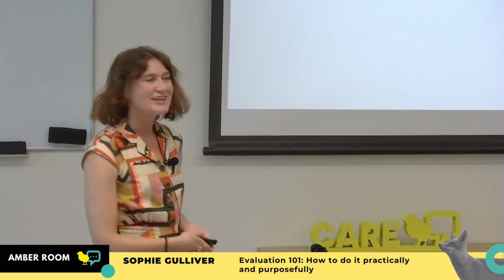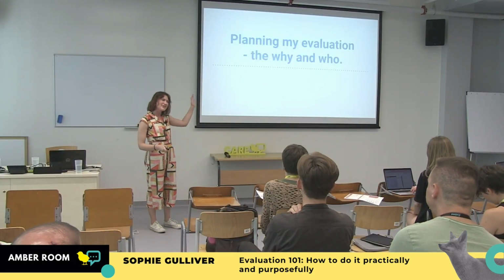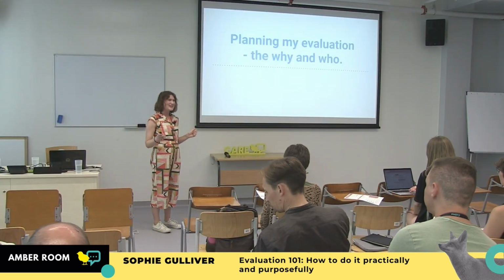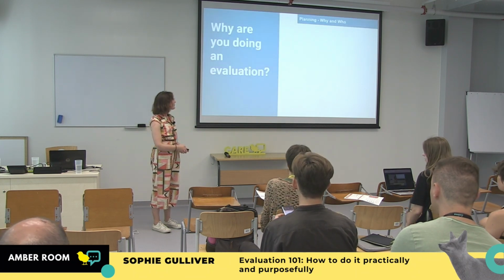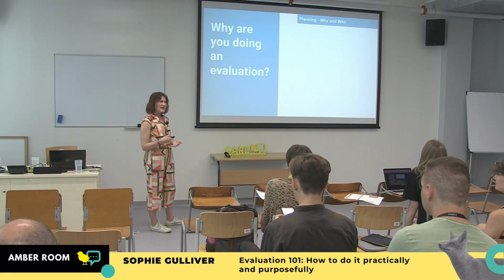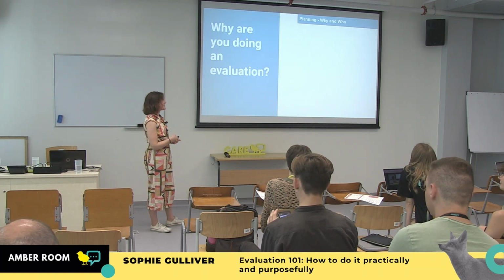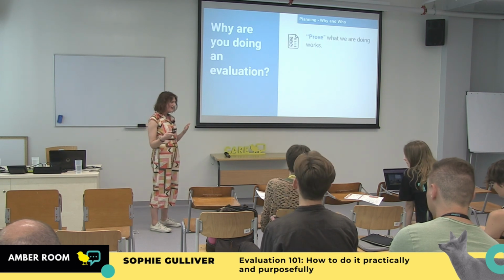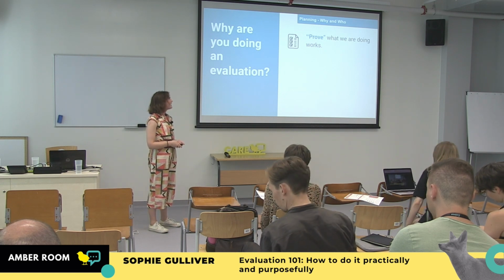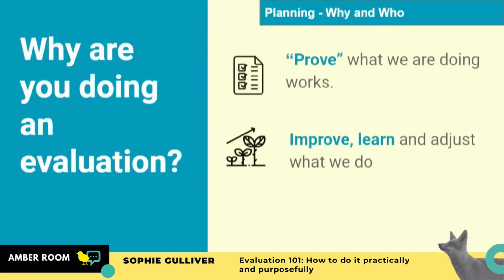All right, so we're going to assume that we're going on with our evaluation. We've gone through all these steps, and we think it's a good idea. So the first step we're going to talk about now is, why are you doing this and who is it for? When we do evaluation, I like to think of there being three key reasons. The first is proving what we're doing works, and that aligns with the idea of outcome or impact evaluation. The second is improving, learning, and adjusting what we're doing. That's often for your own staff, your partners, volunteers, the movement as a whole. We want to know if we can change up what we're doing and adjust it so we can be better.